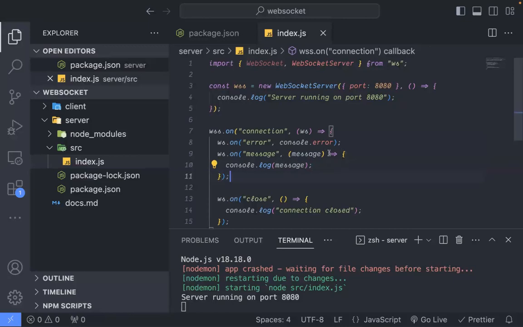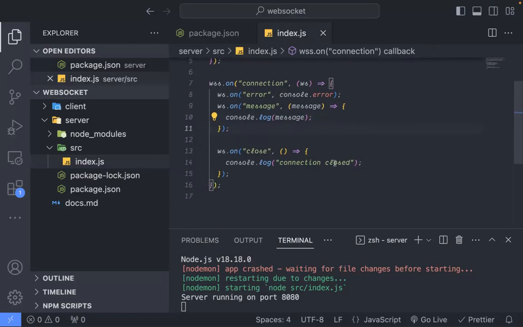In this case, we're using message because on the connection, if there's an error, we log the error. Or if there's no error, we take the client that just connected. If the client sends a message, we receive the message and then log it here. But before we continue, let's go back to our client